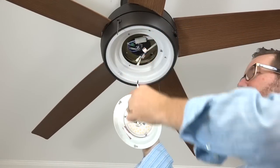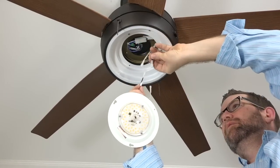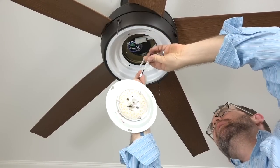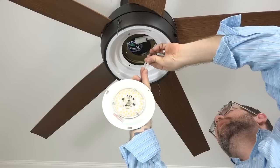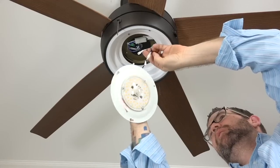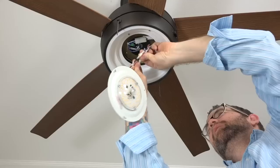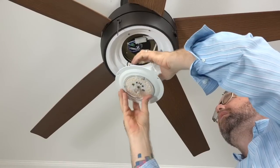Connect the light kit to the fan by connecting the blue wire from the fan to the black wire from the light kit using the Easy Snap connectors. Then connect the white wire from the fan with the white wire from the light kit using the Easy Snap connector. Once the wire connections are made, tuck the wires up into the light kit pan